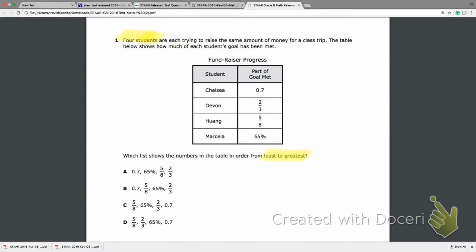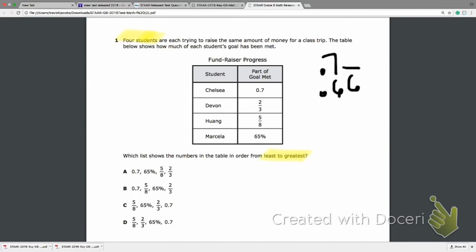Now, the easiest way to approach this problem is to order it from least to greatest, like they've asked. You can represent it multiple ways, but first, what I'm going to do is try to convert them all to decimals. Probably the easiest way you could approach this. So we first put 0.7. The next is we have 2/3. Now, if you don't know 2/3 in decimal form, you can plug it in your calculator and hit enter, and you will get